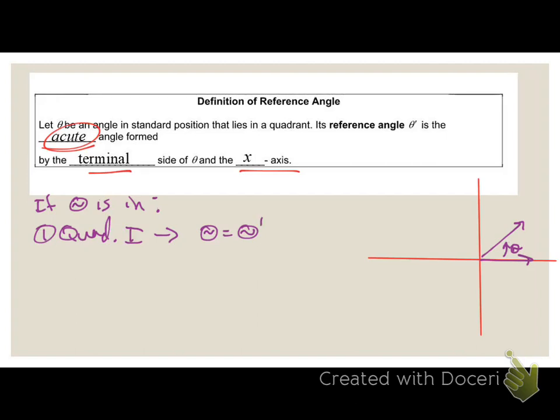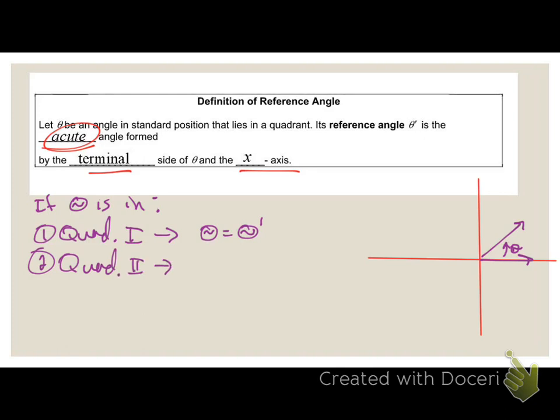Okay? Now remember that your reference angle has to be an acute angle. So any coterminal angle that's in quadrant 1, we're going to have to reduce down to an acute angle. We'll talk about that in a second. The second situation is if